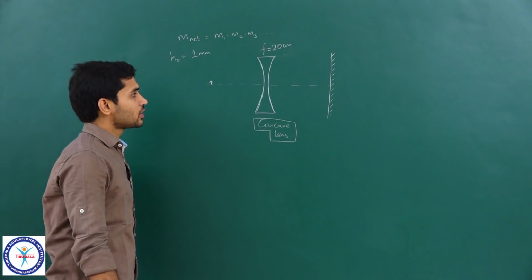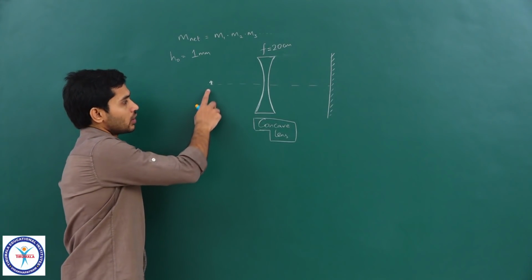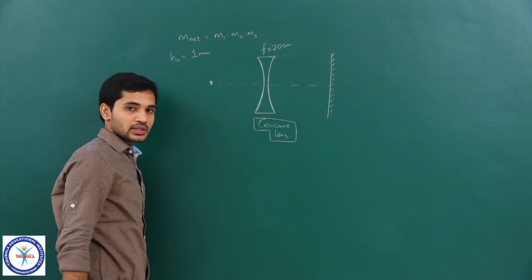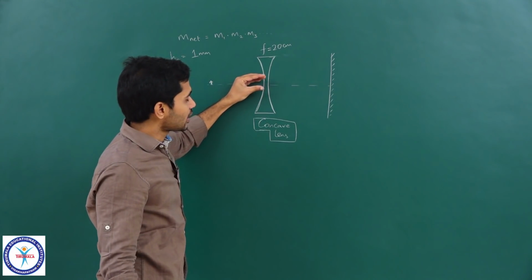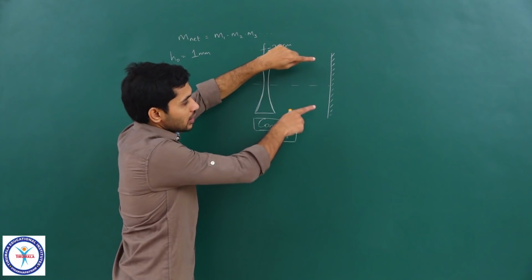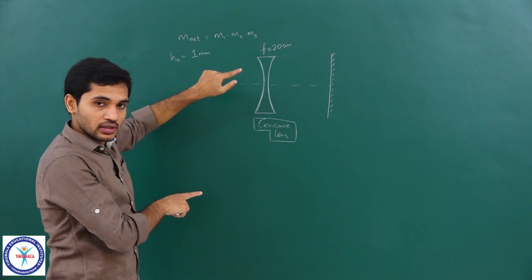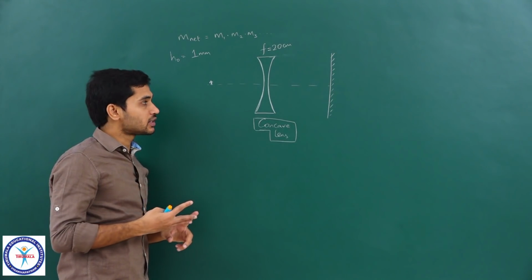First thing that you will need to know here is what is going to happen in this scenario. If light rays are coming from here and strike the lens, you know that the lens will diverge the light rays. The light rays will be diverged, strike the mirror, and the mirror will once again diverge them, and they fall on the lens once again and then come out, clear. So, there are three things that I have to consider here.